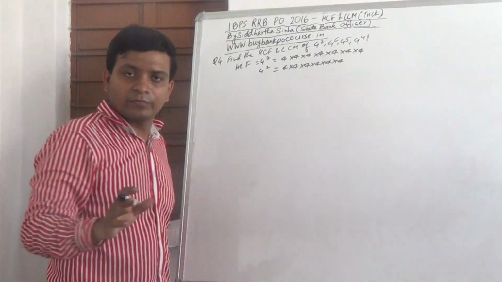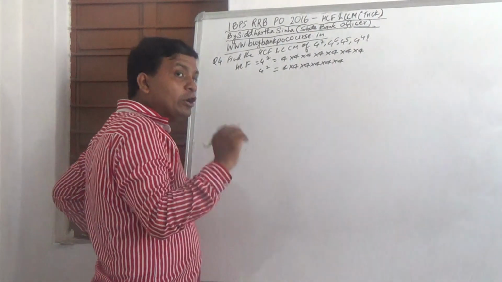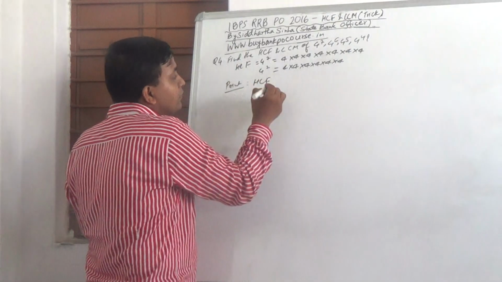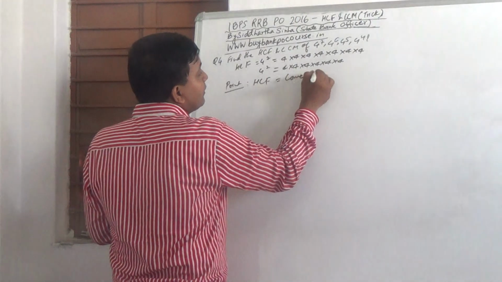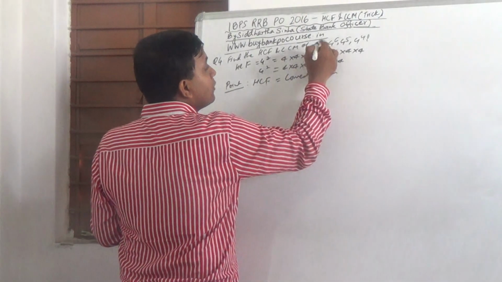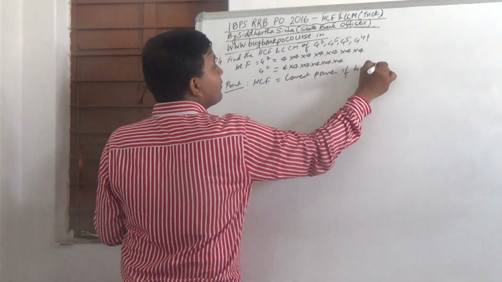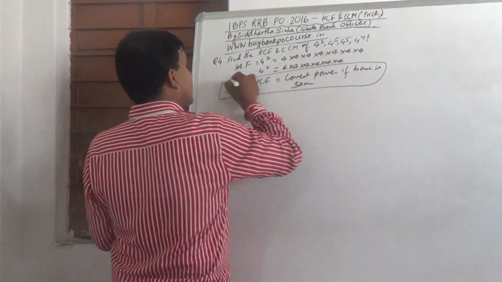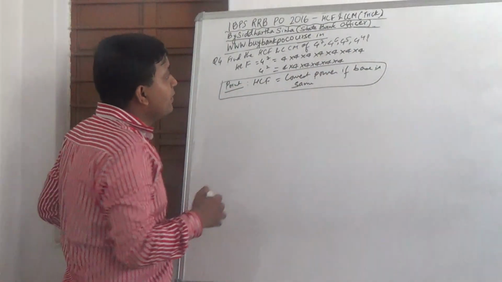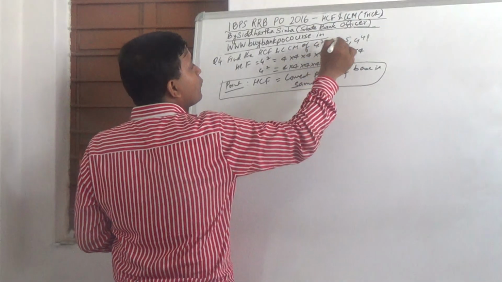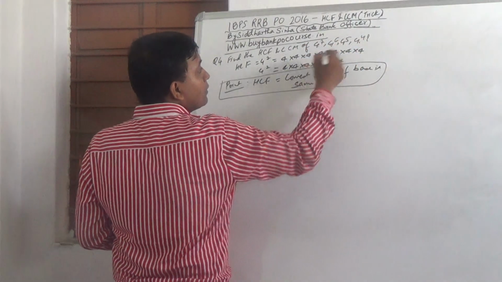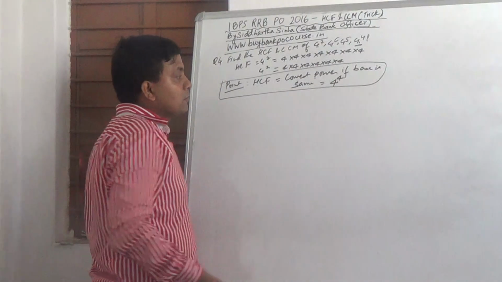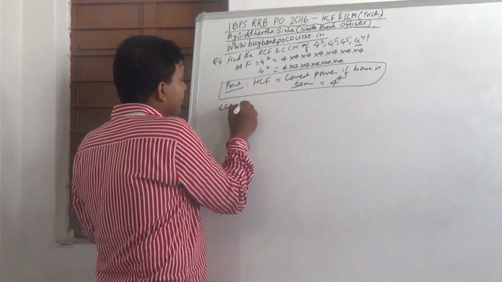So this is the way. Okay, so a point to be noted. In case of SCF, consider the lowest power. This is if the base is same. Simple thing. Lowest power if base is same. So all the bases here are 4, 4, 4. Lowest power is 4 to the power 4. This is your answer.